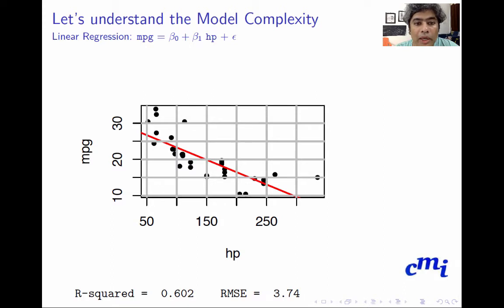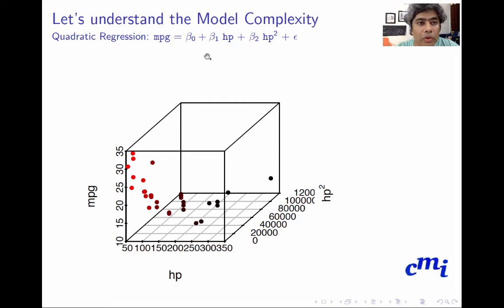Now, just looking at the visualization, we can feel like, why not try to fit a quadratic regression. So quadratic regression is miles per gallon equals beta naught plus beta 1 times horsepower plus beta 2 horsepower square plus epsilon. When I put horsepower square as the third term, I am effectively engineering a third dimension and putting the data, which is actually in 2 dimensions, into 3 dimensions, and effectively we are trying to fit a simple regression plane